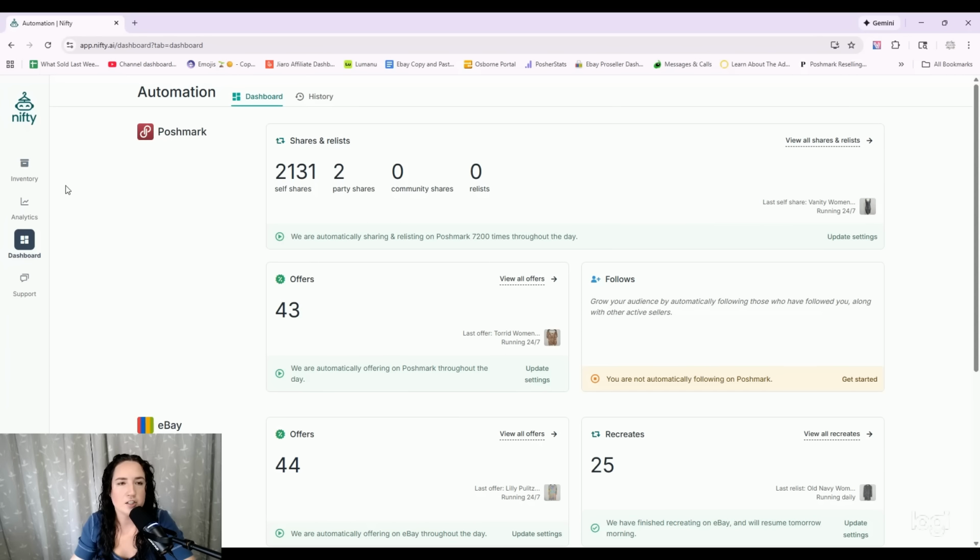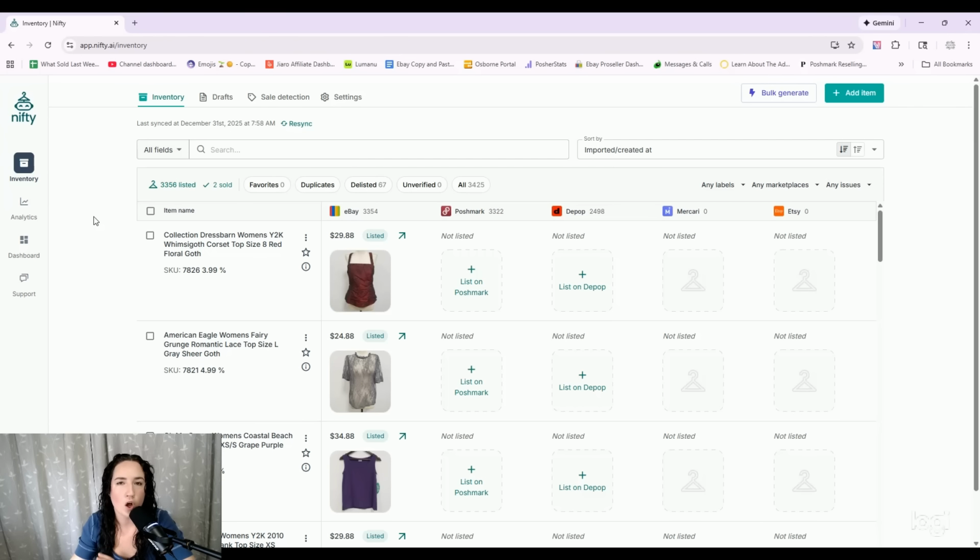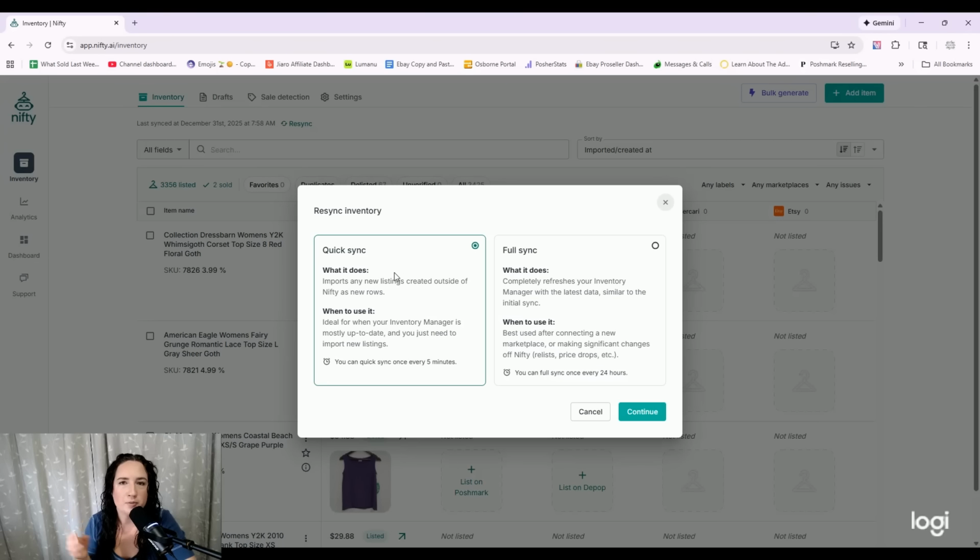The next thing I like to do is go to my inventory page. This is where it holds all of your listings on every different platform. At the beginning of each day, I like to do a resync, which is this button up here. You have two options, a quick sync or a full sync. I do the quick sync every morning, and what it does is it looks for any listings that maybe you